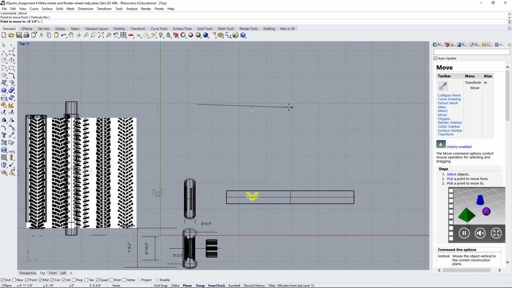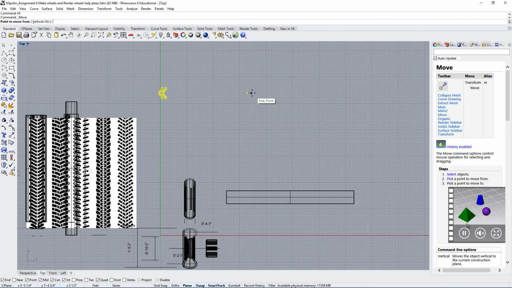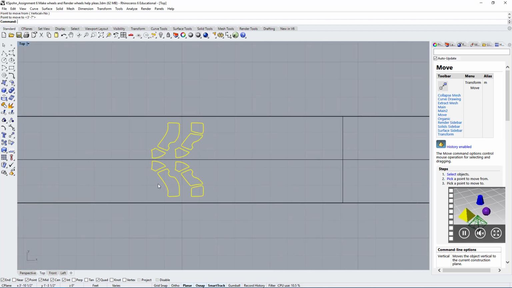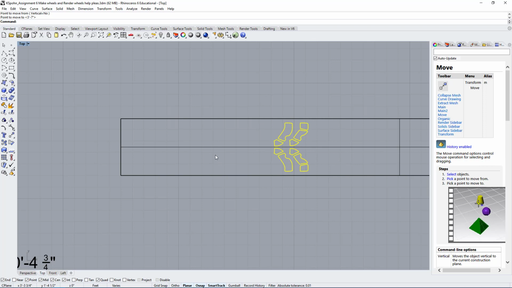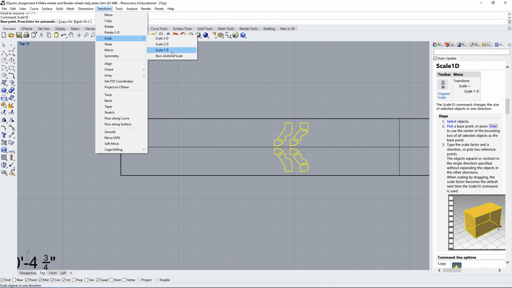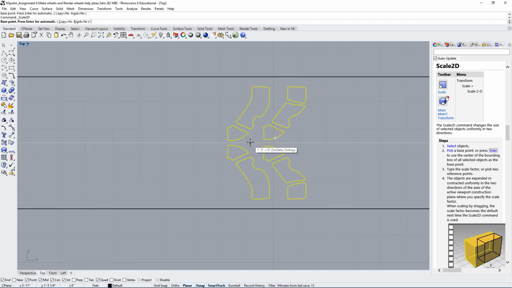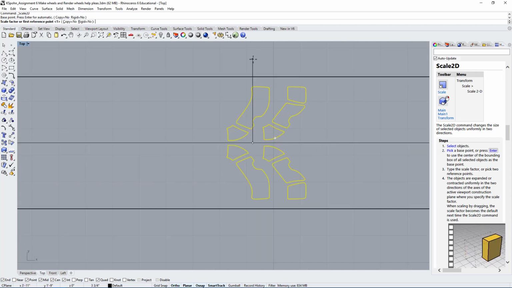Let's align it to this reference surface. So maybe it's not the right size. If it's not, you can go here, scale it in 1 dimension. If you don't know where to find scale, it's under transform and scale. You can use scale 1D, maybe scale 2D. Let's scale in 2 dimensions. Let's use this point. I'm using this smart track so I can select the midpoint and then move the cursor, align it to a more center position to my geometry, and I can make changes. So this should do the job.